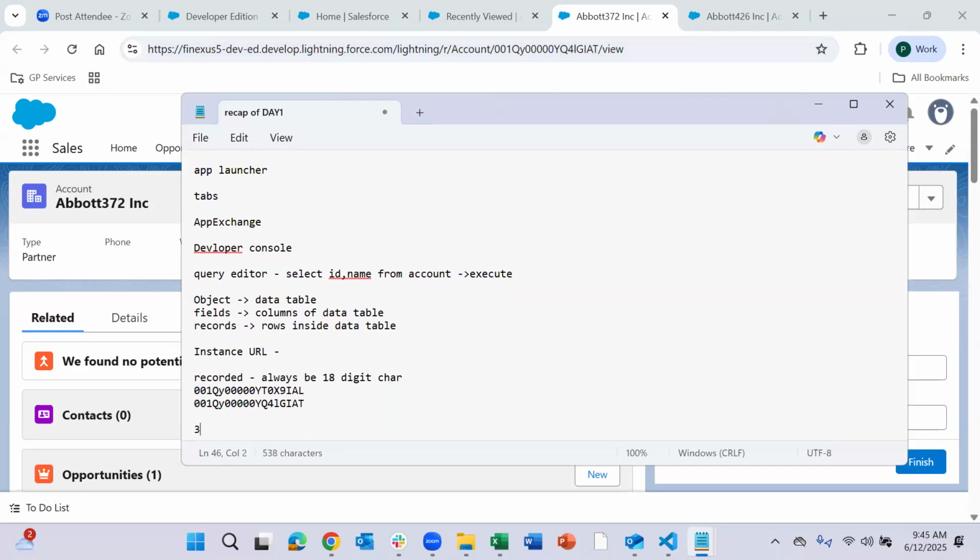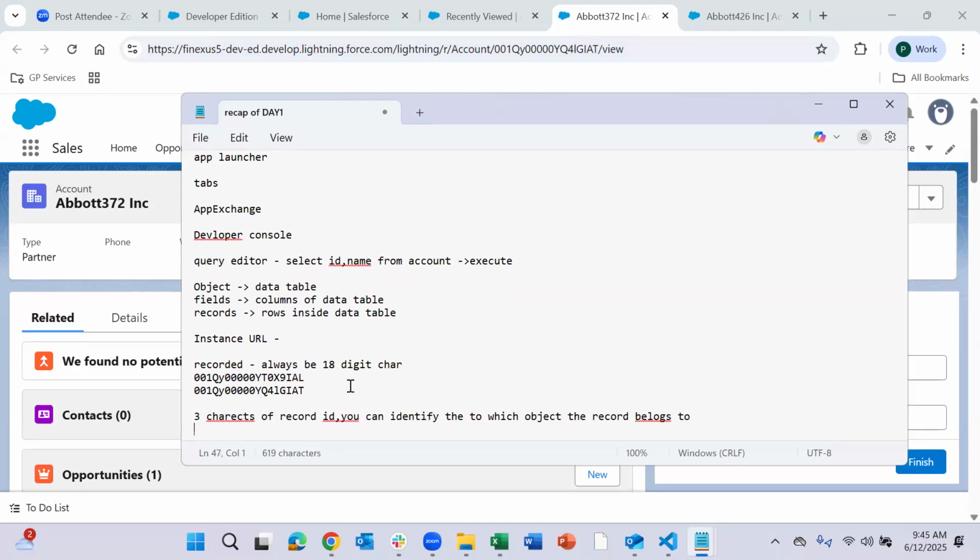Based on the first 3 characters of the record ID, you can identify to which object the record belongs.